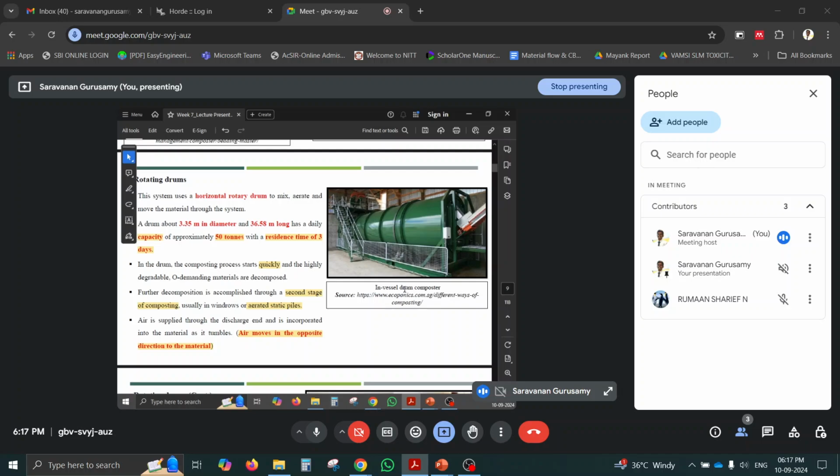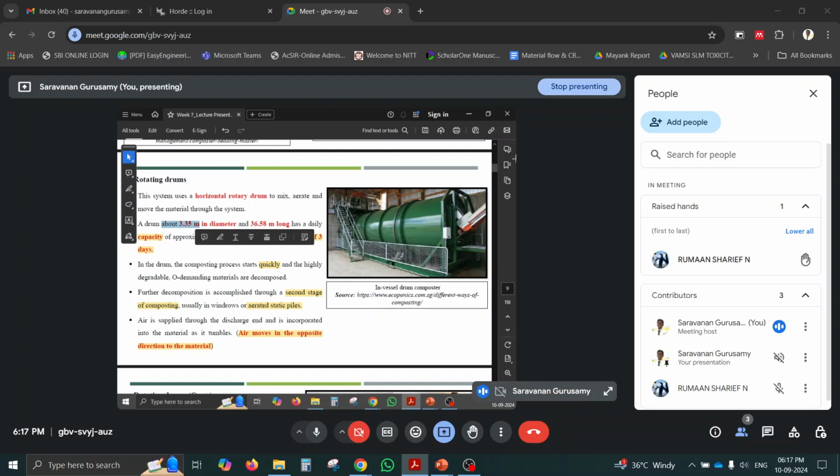Okay, then the rotating drum configuration: it will be horizontal and the diameter will be around 3 meters. You can see 3 meters means how big the vessel will be, and then the length will be around 40 meters, that is 36.58 meters long, and the capacity will be